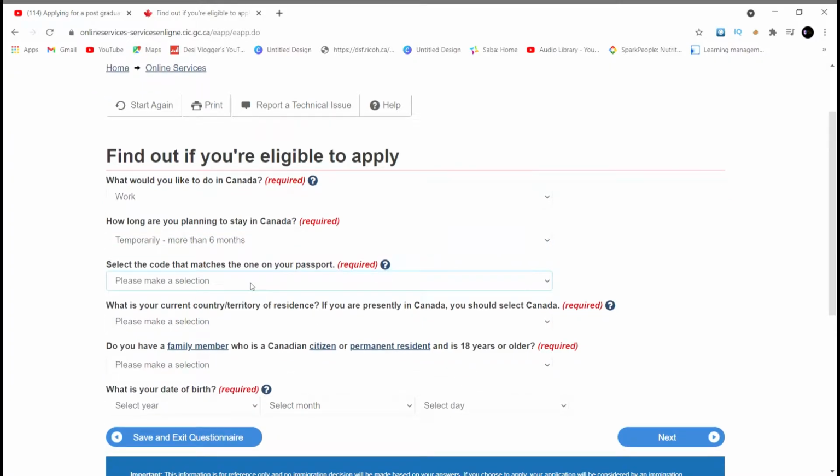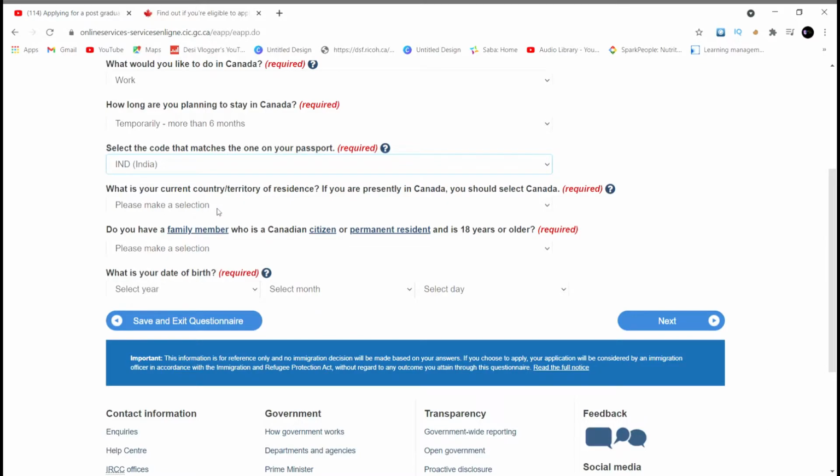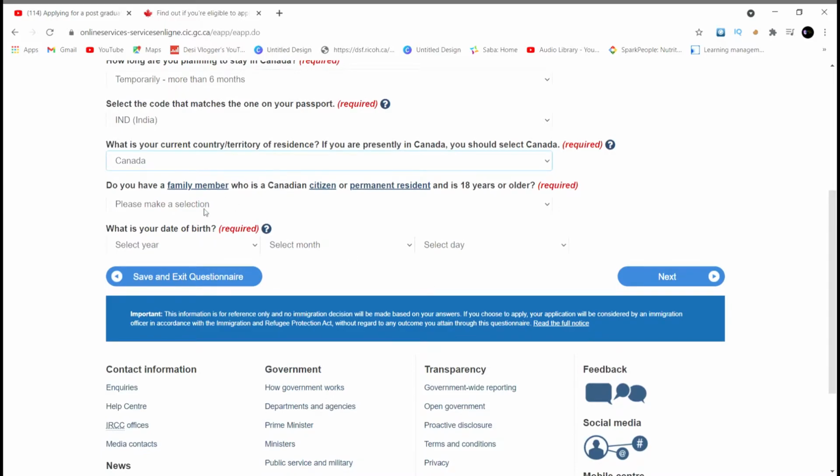My passport is an Indian passport, so I select that. My current country of residence is Canada. Do you have any family member who is a Canadian citizen or a PR in Canada? No, I don't have anyone.